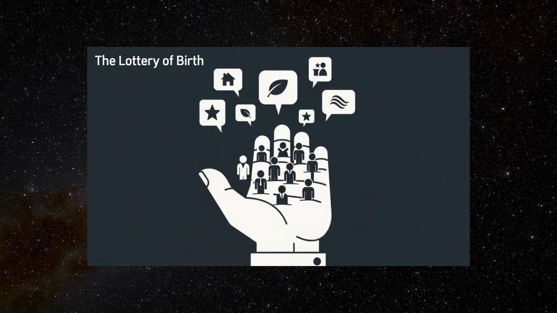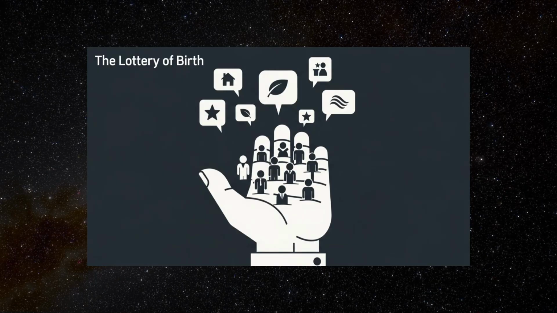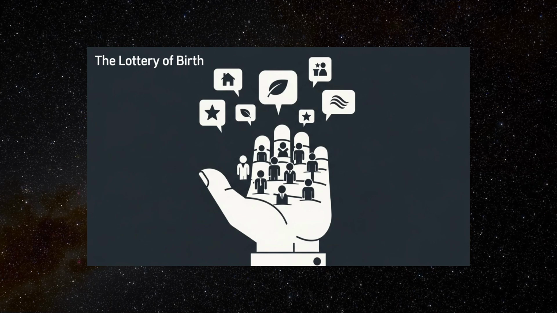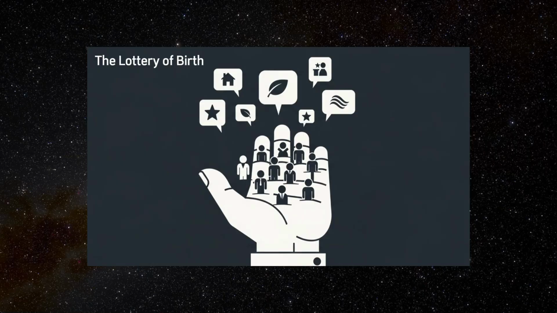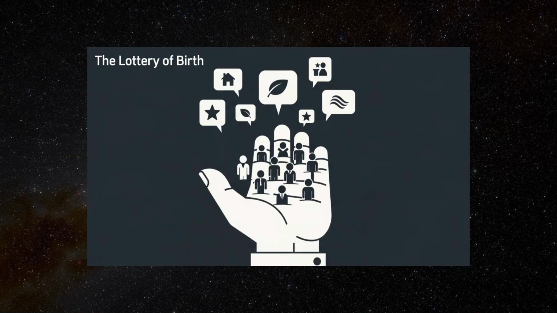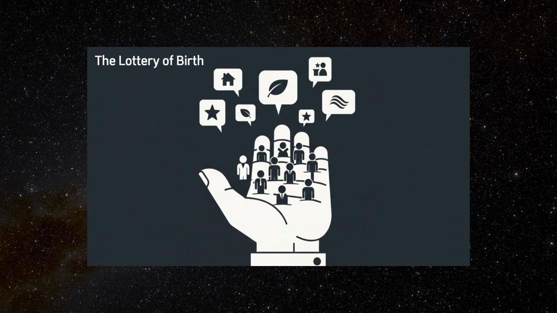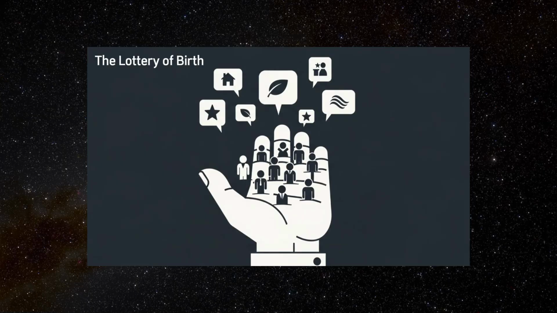He proposed that if people were to design a just society from behind a veil that prevented them from knowing their future position, whether rich or poor, male or female, healthy or disabled, they would choose principles that ensure fairness and equal basic rights for all. Rawls's thought experiment is grounded in a moral intuition that we should not allow arbitrary factors like birth to dictate